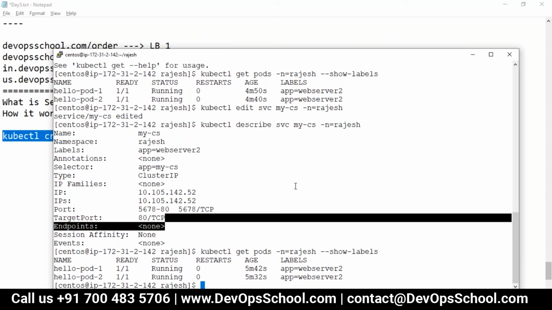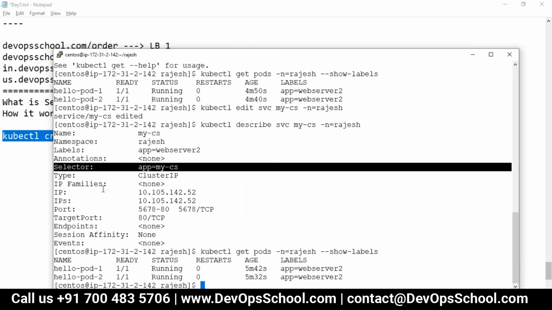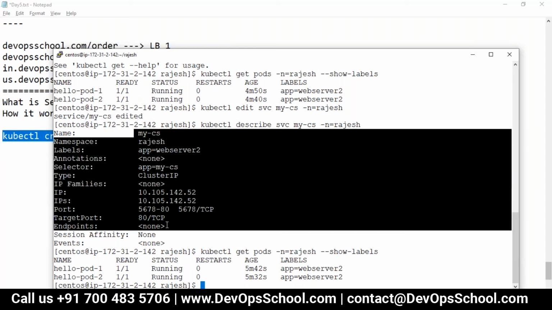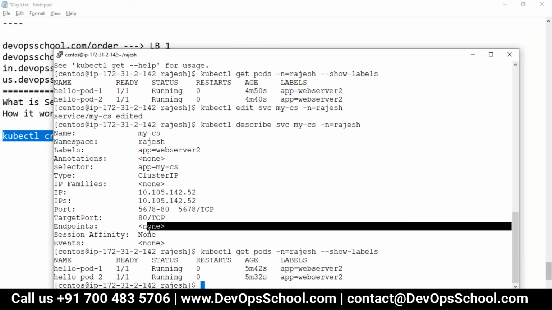What is the right statement? The labels of the pod must match the selector of the service. Mind it. This is a service, this is a load balancer, and this selector will select which pods you want. If this and this match, then the endpoint will be updated and those pods will be load balanced by the service.